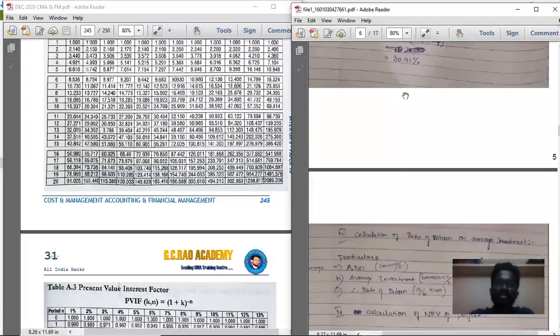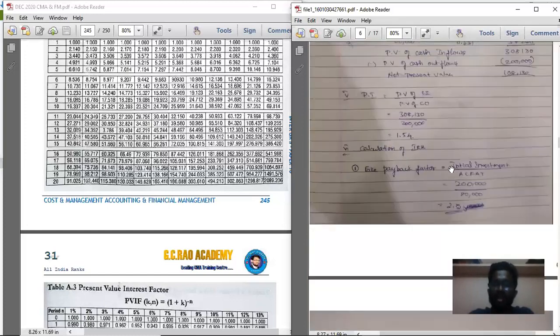Whereas other things and all is quite common things. That is, to calculate IRR, first point is calculate what is fake payback factor. That is by initial investment divided by average CFAT. Initial investment is the,